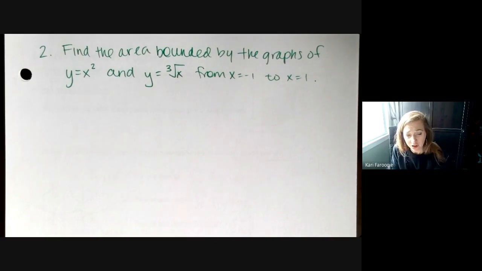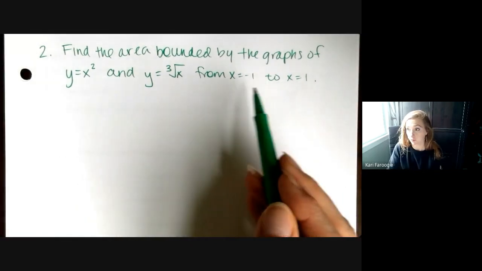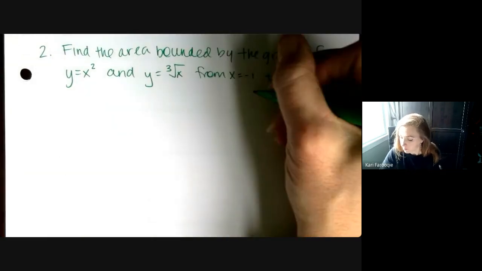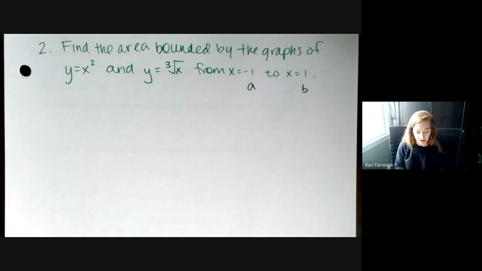Now, this one actually probably seems easier to do when you just read the problem, because the biggest thing here is you're given the x bounds from A to B. So you're already being told, oh, I'm just going from A to B, no big deal. However, there's a little bit more going on with this one. If you were to sketch this,